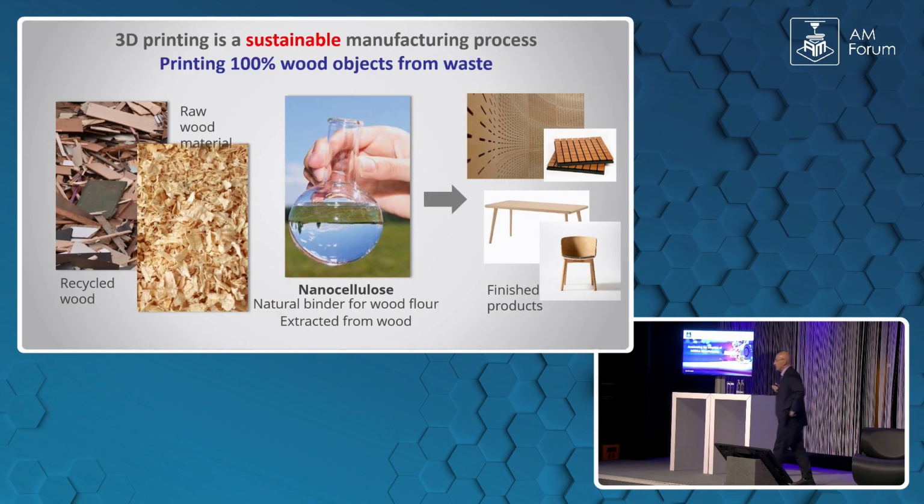Wood is a very common material. In Germany, still a lot of houses are built of wood, and there's a lot of waste of wood. This led us into developing 3D printable wood, which is made only from wood products. The idea was to take wood powder, mix it with nanocellulose and other plant-derived materials, and you can use that